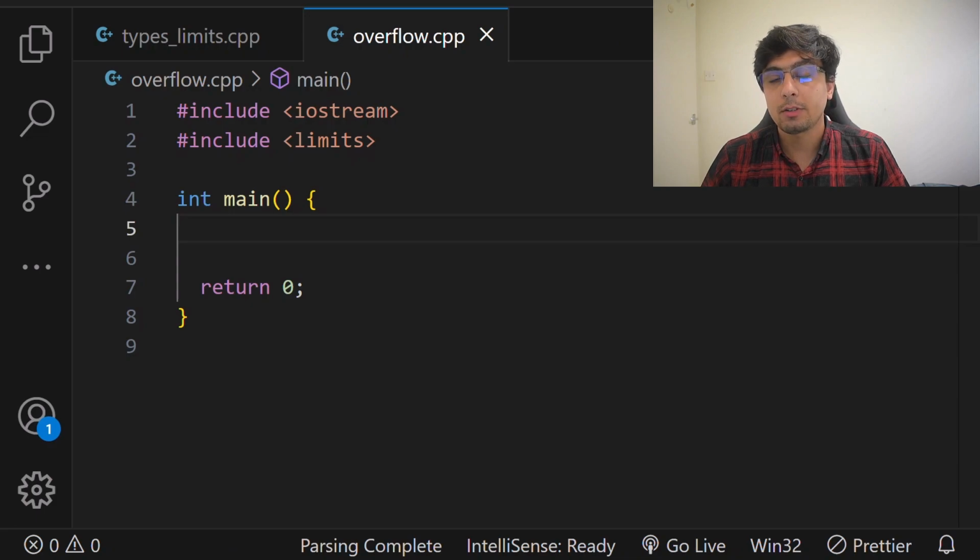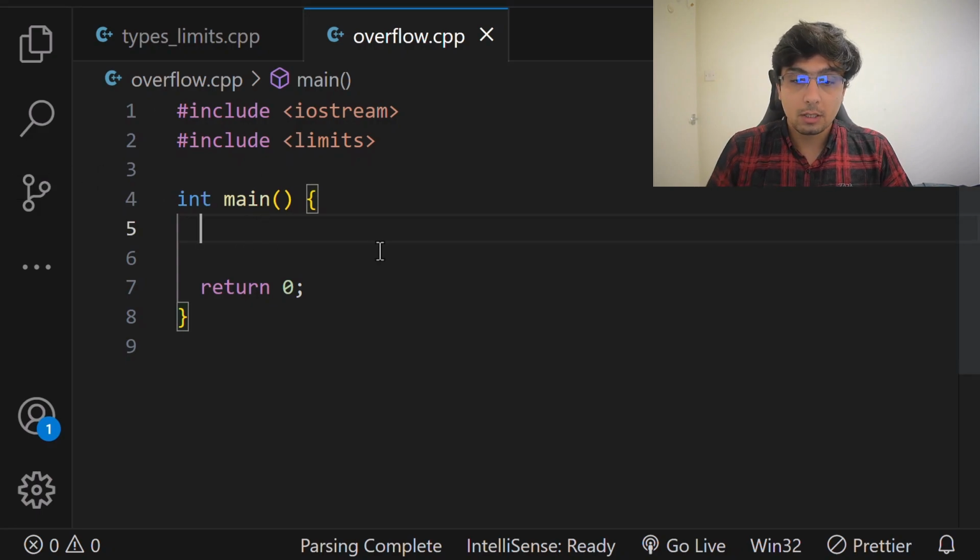Now that we understand the bounds, let's explore what happens when a variable exceeds its limits. In C++, when a variable goes beyond its maximum representable value, we encounter a phenomenon called overflow. Conversely, when a variable goes below its minimum value, we encounter underflow. So to demonstrate this, I'm going to